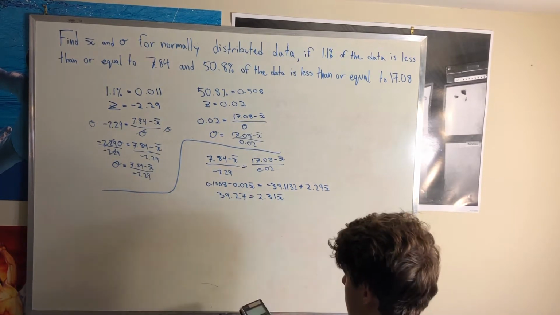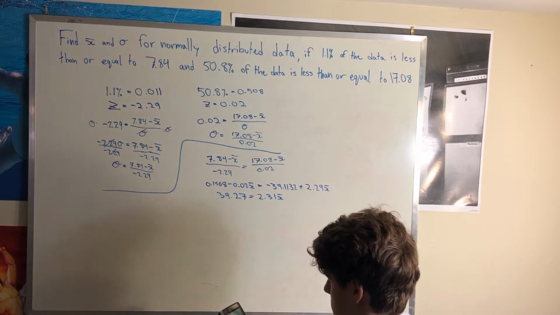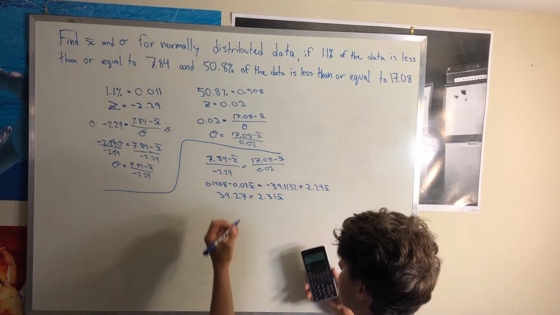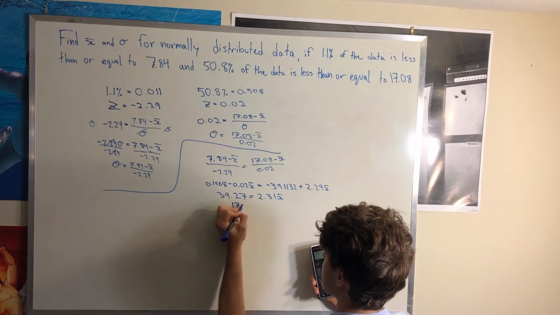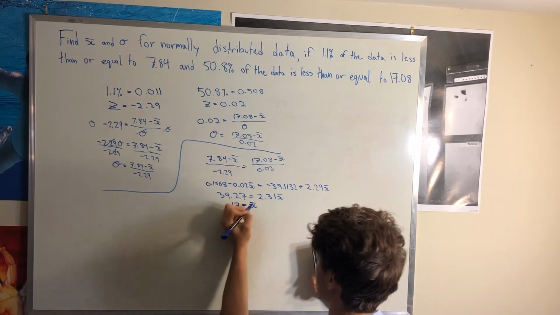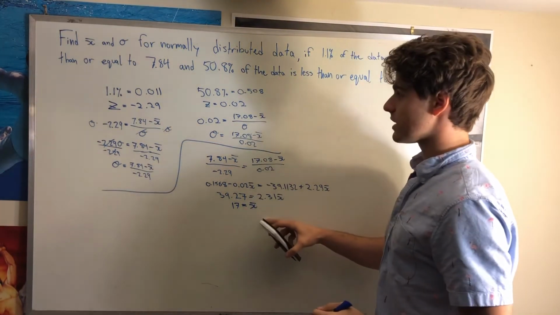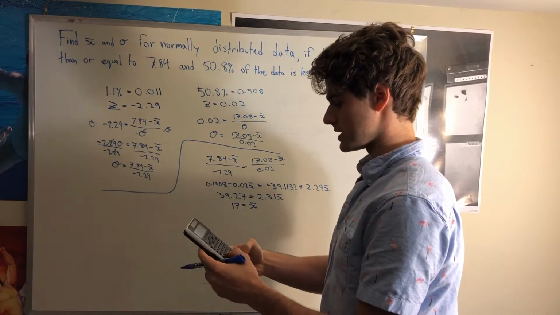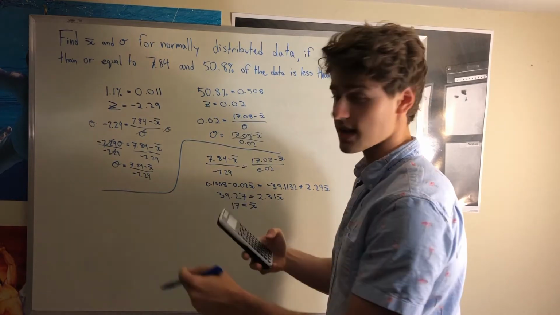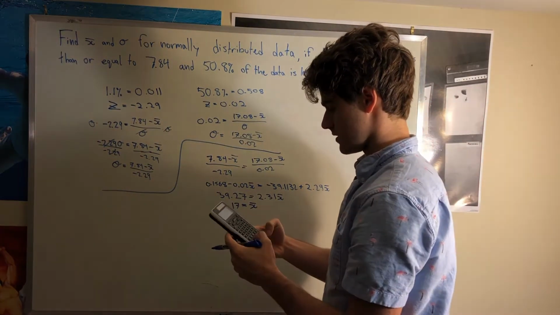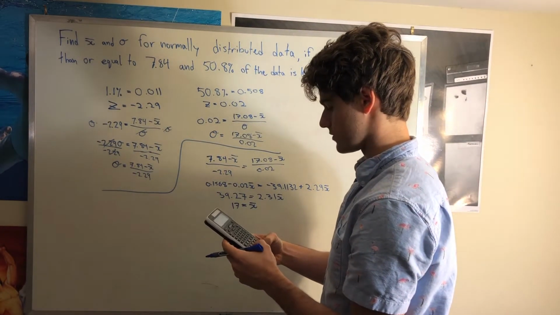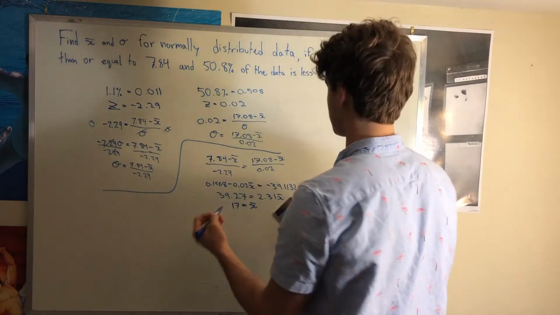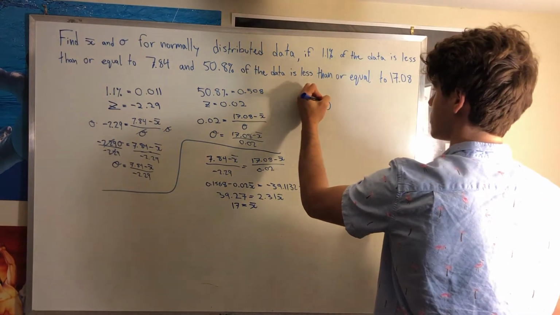I could divide both sides by 2.31. Gives me 17. 17 equals x bar, okay? We already have this equation, so if I put in 7.84 minus 17 for x bar, all divided by negative 2.29, that gives me also that standard deviation, or sigma,